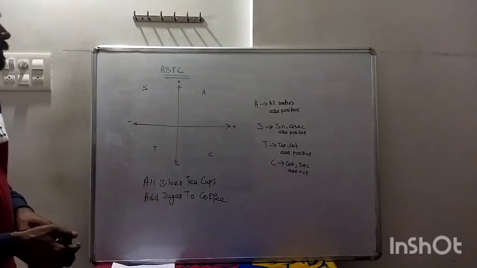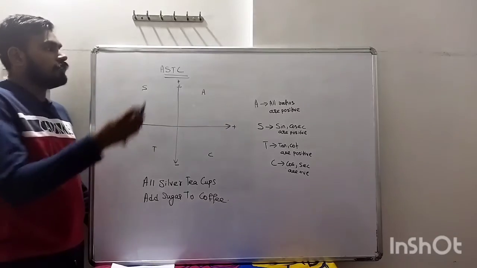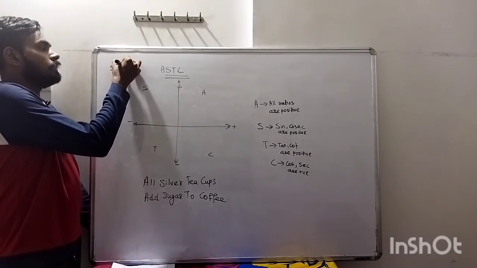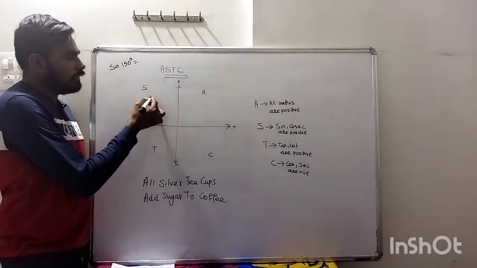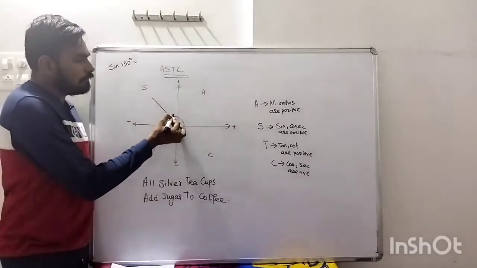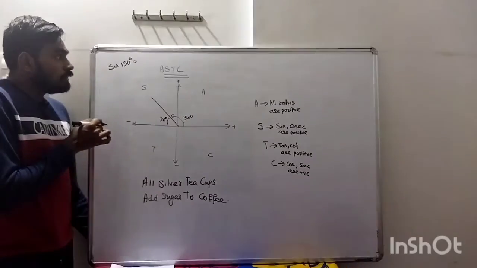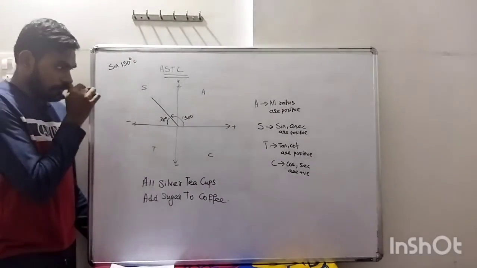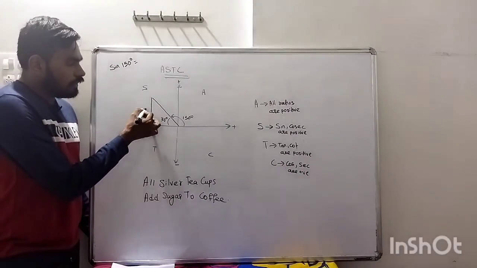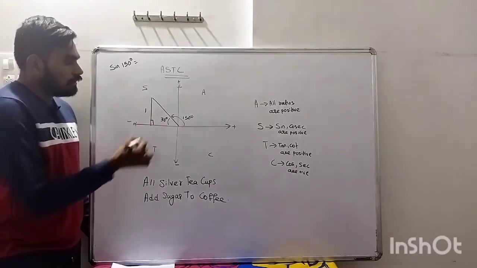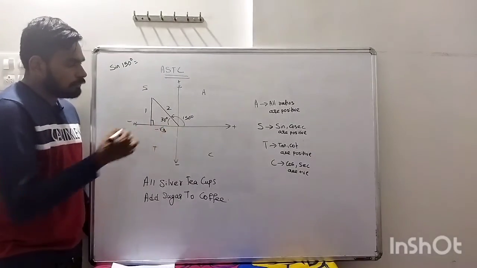So what is the meaning of this? See, in the first quadrant, all trigonometric ratios are positive. In the second quadrant, sine and the reciprocal of sine. For example, if I try to find sine of 150 degree, in the second quadrant, what will I get? This is 150 degree, so what will be this? 30 degree obviously. So I find sine 30 degree. First I will tell you how. This is negative. See, sine 30 degree: up it is 1, here it is 2, and here it is root 3, and since it is on the negative side, it is minus root 3.